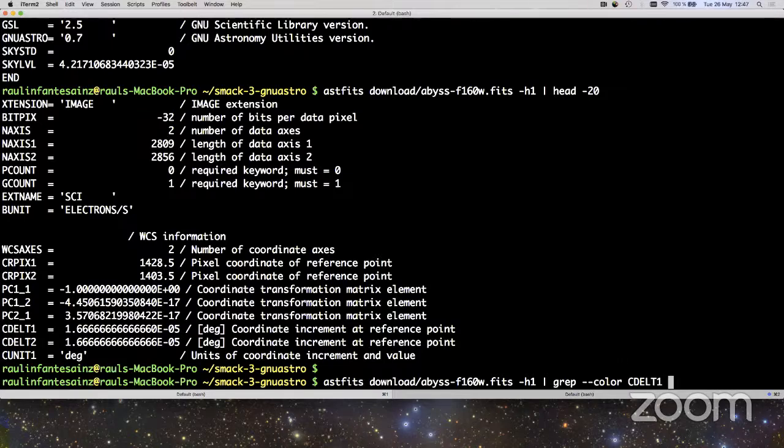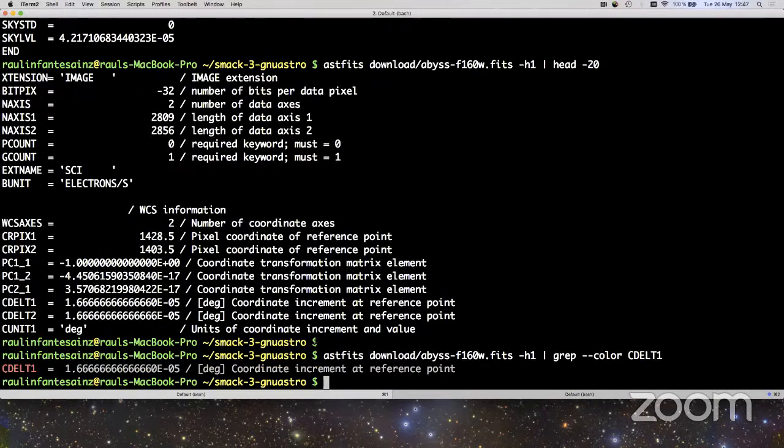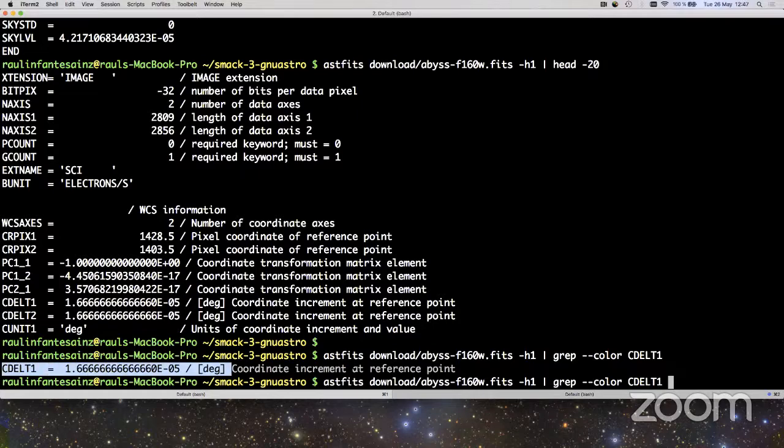CDELT1, okay, which is the pixel scale of the image. You can see that this keyword is found, and this is the value. So this is the pixel scale in units of degrees per pixel. Okay, so if we now want to select not the whole line, but the actual value of